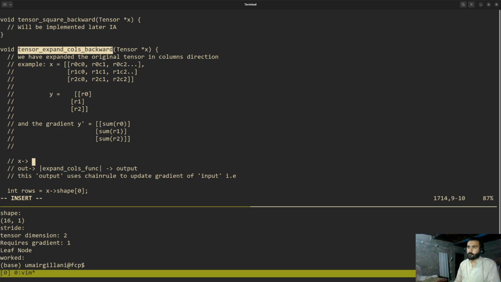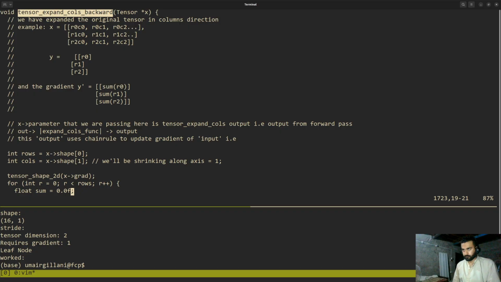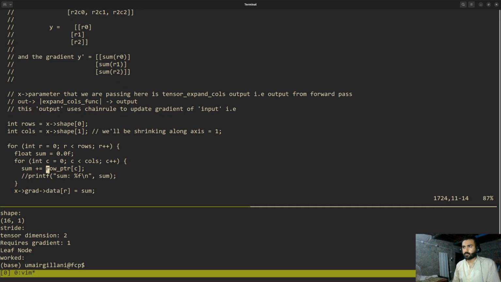This is basically the X parameter that we are passing here, which is the tensor that is output from the forward pass. Okay, now the mystery has resolved, right? Very simple. Just columns sum plus equals what? So